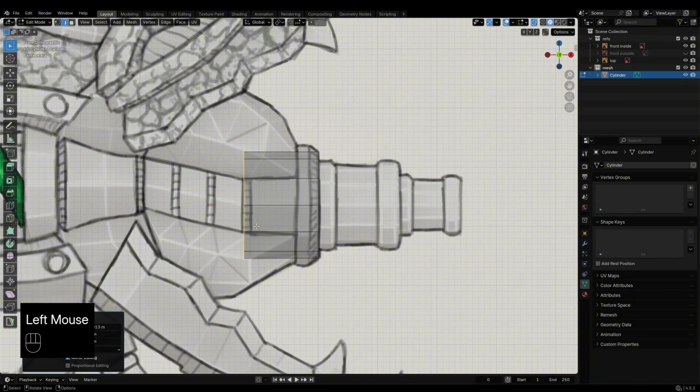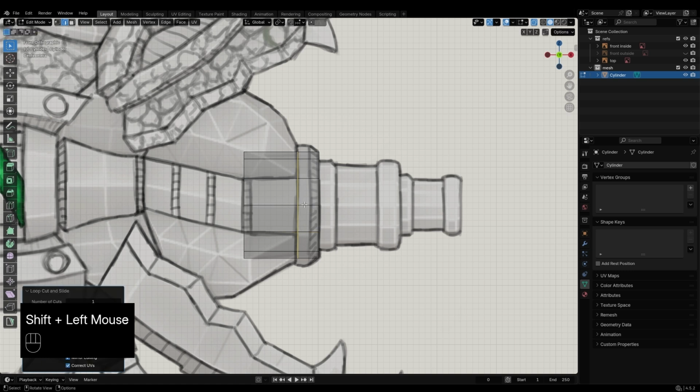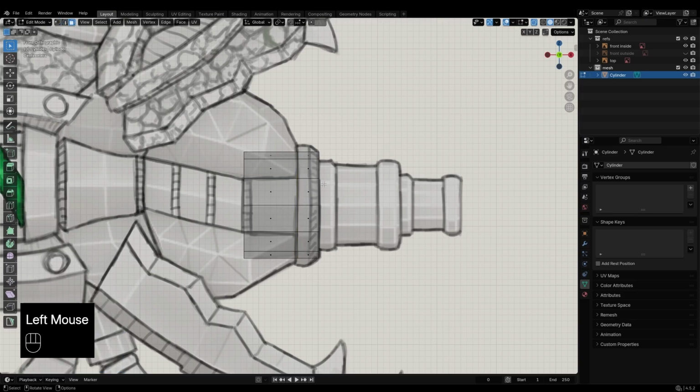After that, press Ctrl plus R and hover over the mesh to add an edge loop. Then slide it into position following the reference. Hold Shift to slow down the movement. Next, we're going to make the end of the cylinder a bit more protruding. Switch the selection mode to Face, then hover your pointer over the face loop at the end of the cylinder